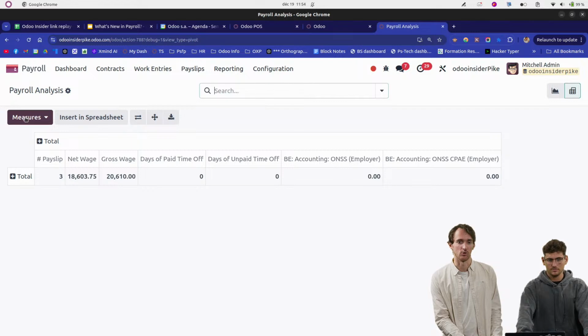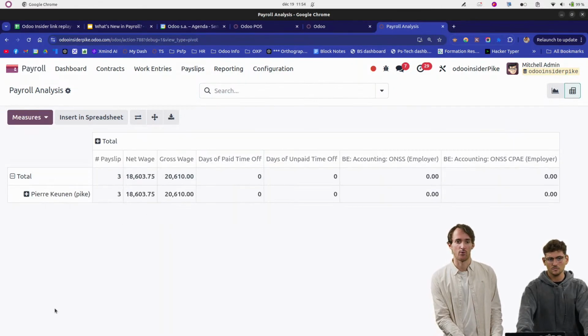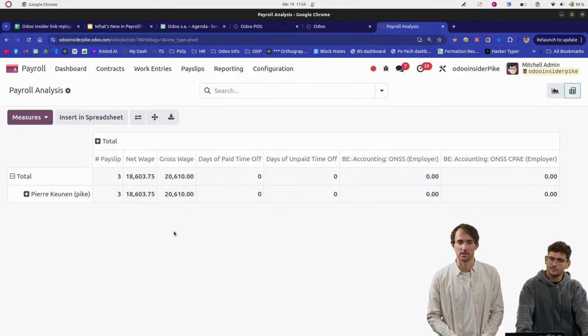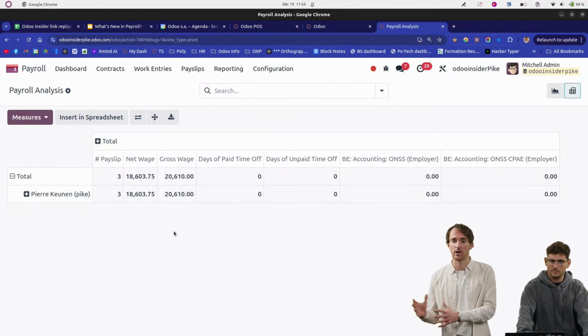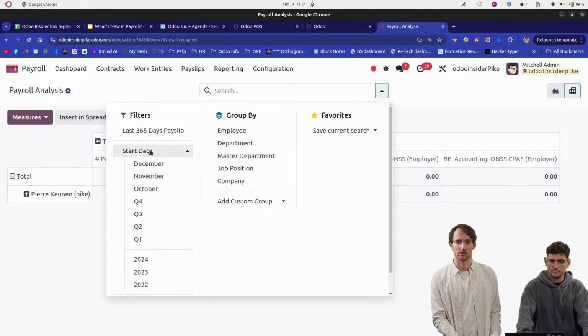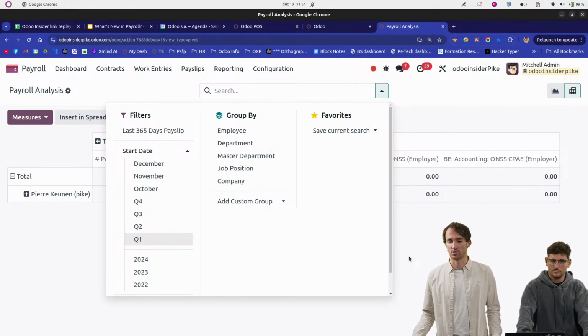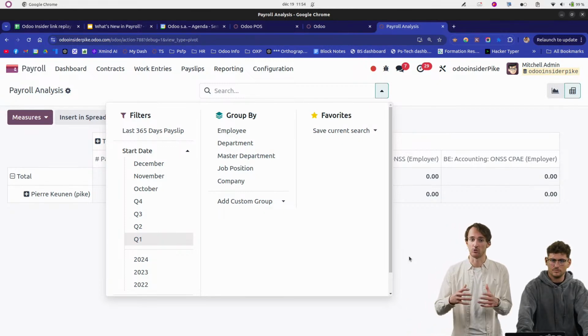Well, here it is 0, so it's maybe not a good example, but my point is that here you can then, per employee, for all of the ones that have those kinds of data in your payroll application, get a sum up of all the values that are computed, and then it's just up to you to select the right starting date, the right period of time, and so you can get this kind of summary, which is also a way maybe for you to, because maybe you need to pay it, but you maybe need to declare it as well to the CNSS at that moment,